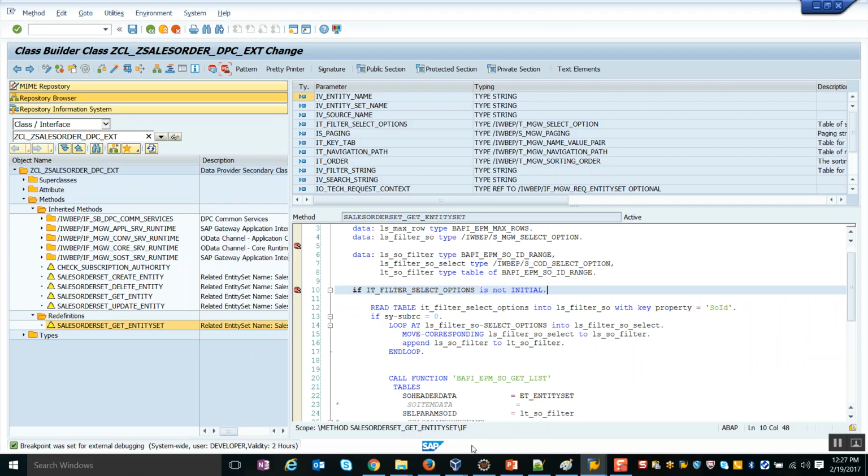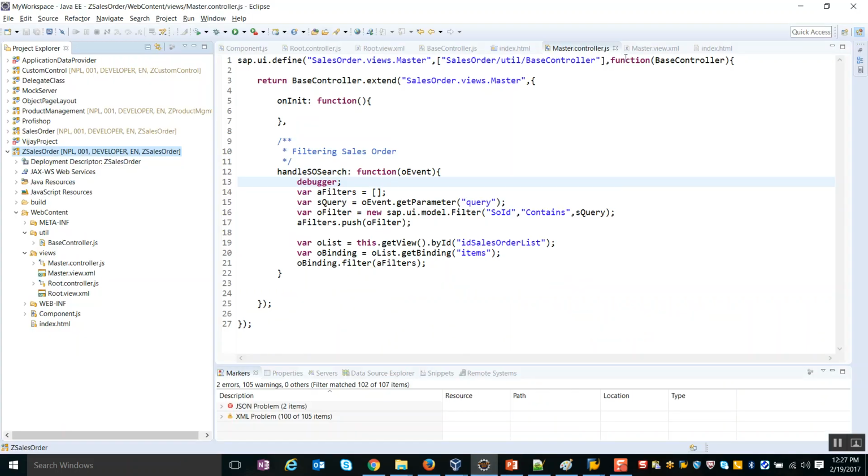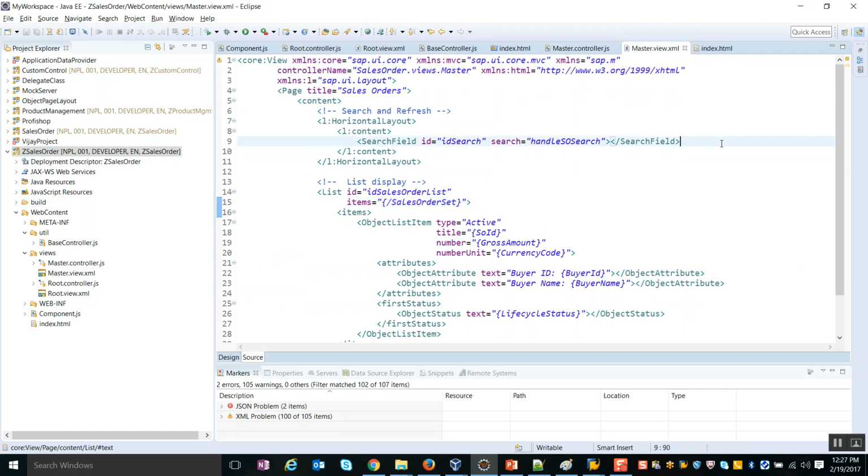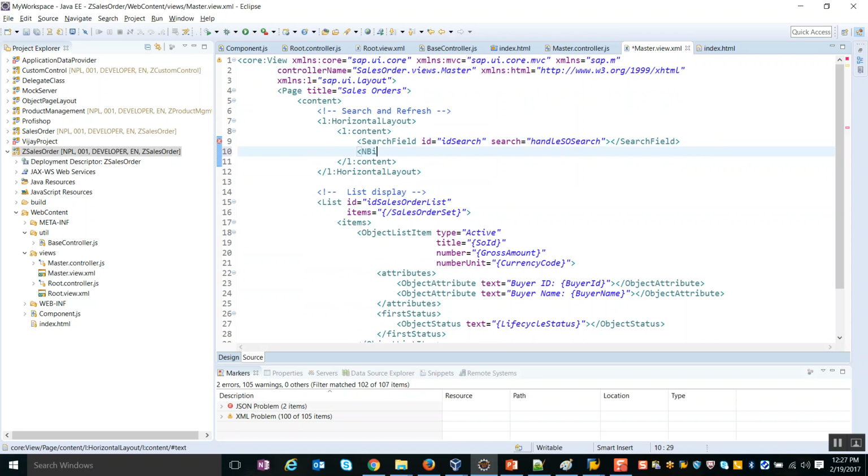Then in the UI I will also implement the logic for this refresh button. If the end user wants to refresh and see the latest content, I'm going to place a button control over here where I'm not going to give any text. Instead I'm just going to give the icon, sap-icon://refresh. And when this is pressed, I want to call this method handleRefresh,